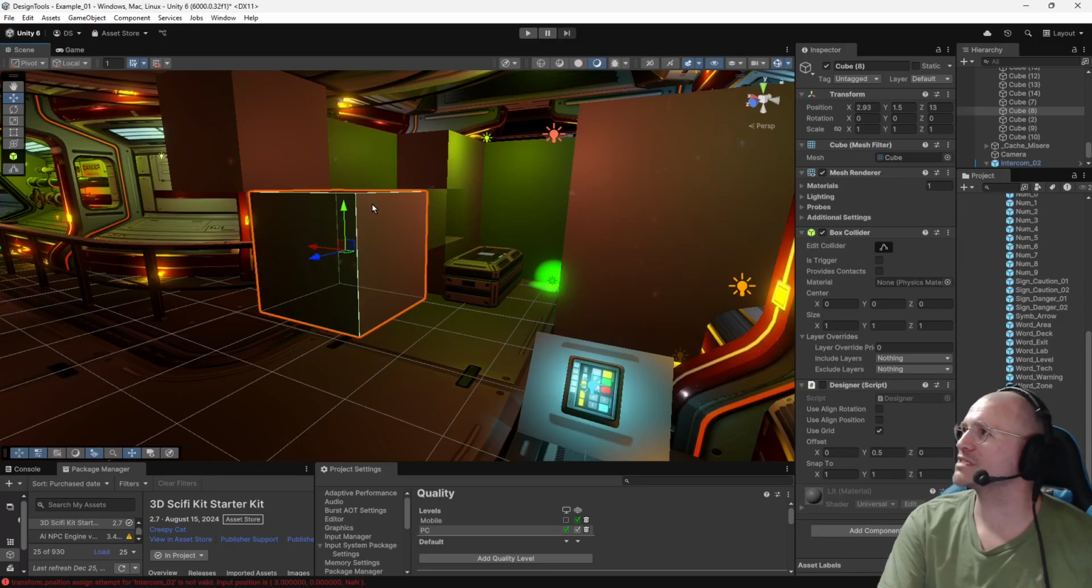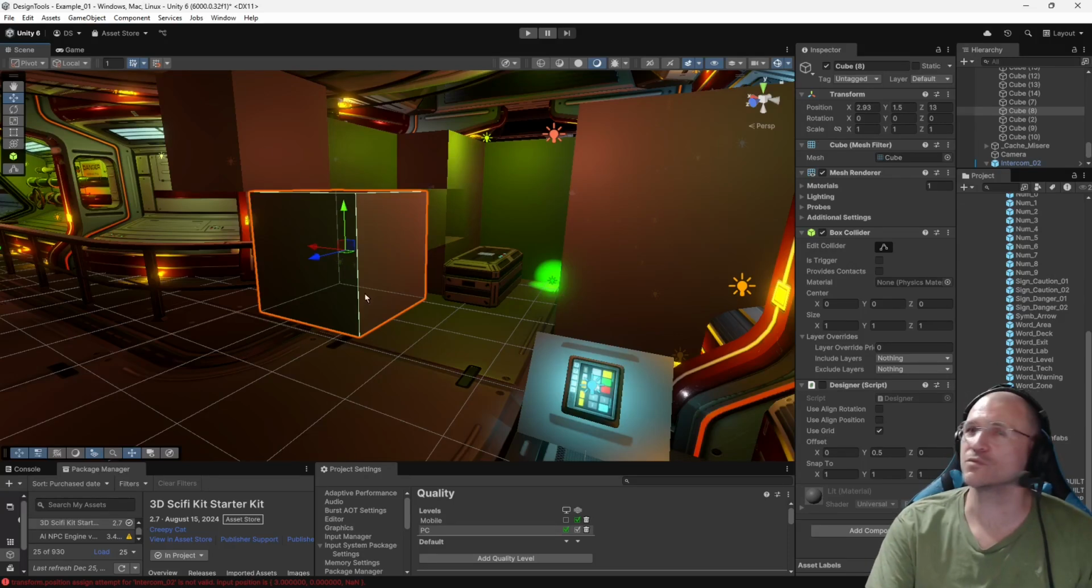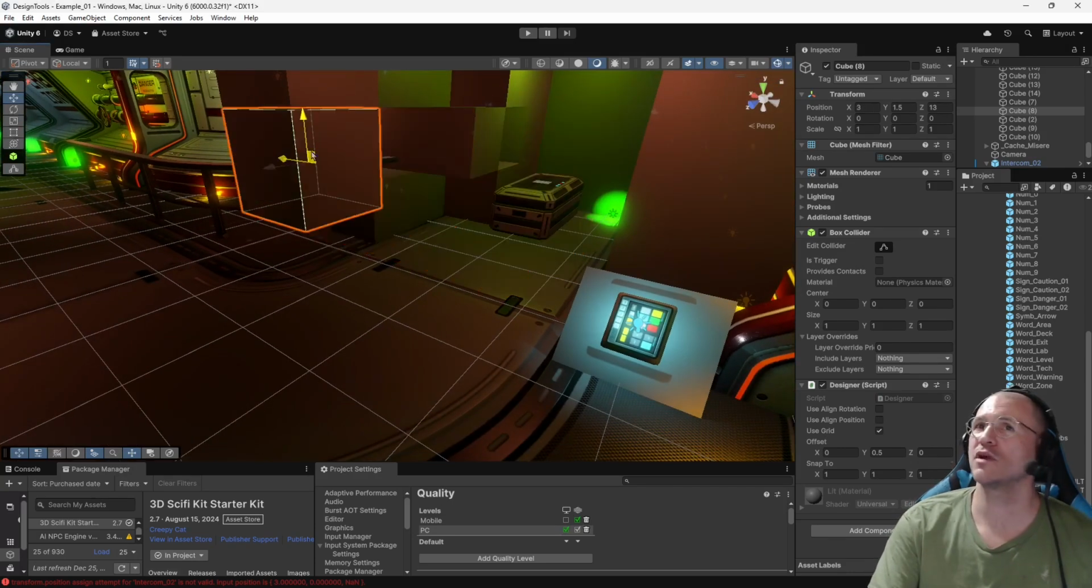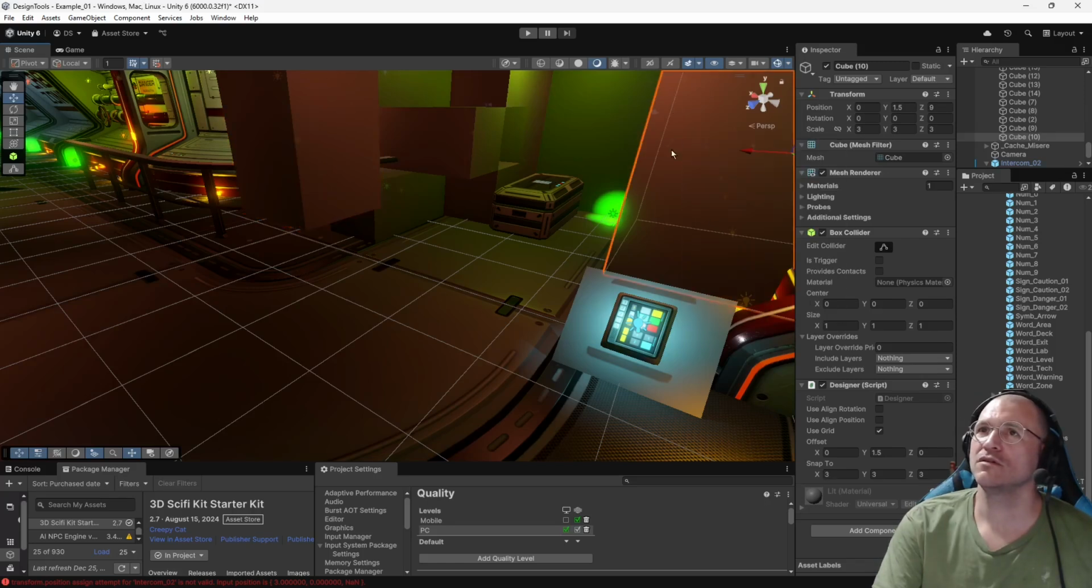Unity already comes with grid snapping. Why on earth would I even add this when it's already there? I could go up to here and turn on grid snapping where all the objects move around. I can now drag this around one by one. This also has grid snapping on it, but because it's much bigger, I have this one set to 3 by